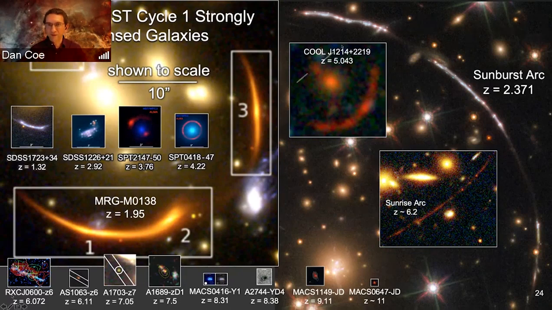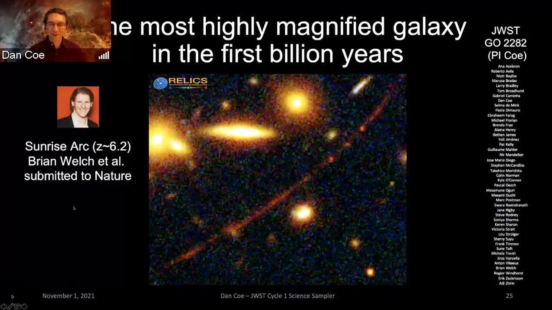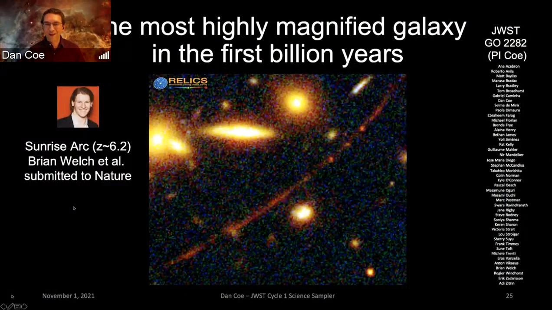see these internal details. The Sunburst Arc is a fantastic, very strongly lensed arc, and you see all these tiny clumps in it with Hubble already, and with James Webb we'll get exquisite detail from imaging and spectroscopy from that program. I also want to highlight this galaxy here that came from our Hubble survey RELICS, which I've called the Sunrise Arc. And my student, Brian Welch, who's currently on the job market, has been doing fantastic work analyzing this